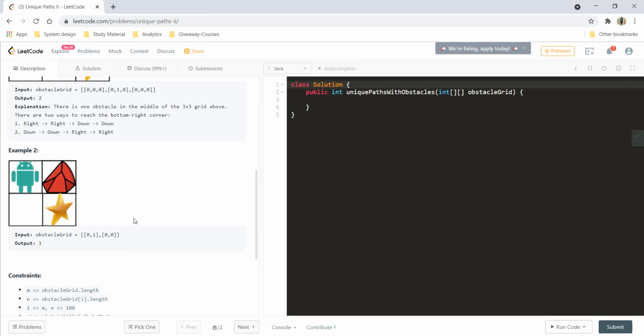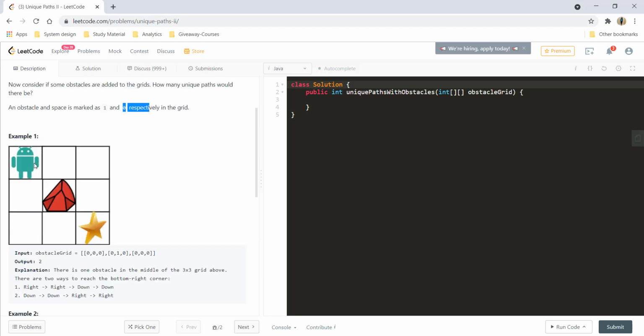Now coming back to this example, looking at this at first glance, we would say that it is a depth first search or a DFS problem, wherein I'll need to go into the depth of the path that I can travel, and if I can reach the last point, I'll add 1 to it, that okay, this path is going to the finish line. By doing that in all the possible directions for all the cells I can reach, I'll be finding out the paths that reach this particular finish point, and adding them up I'll get my result. So let's see how we can do it using DFS.